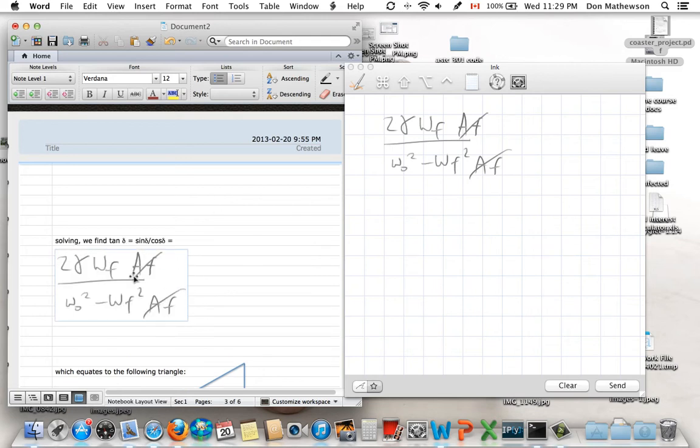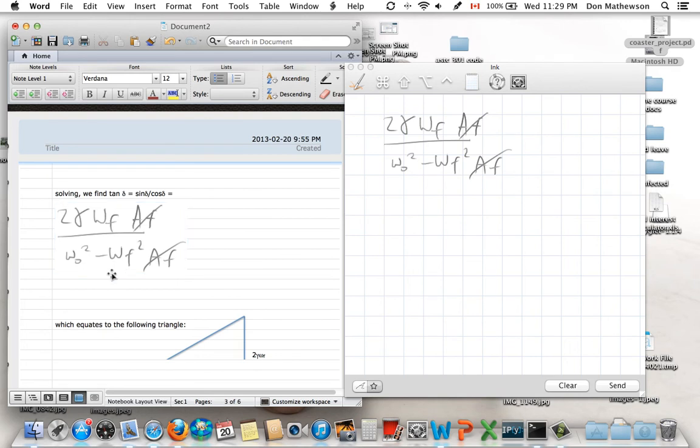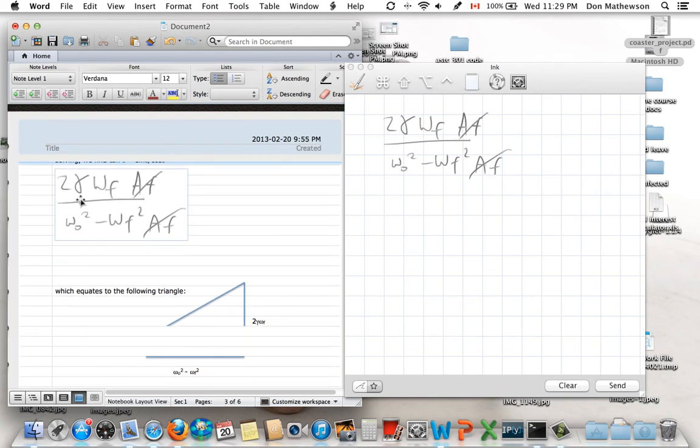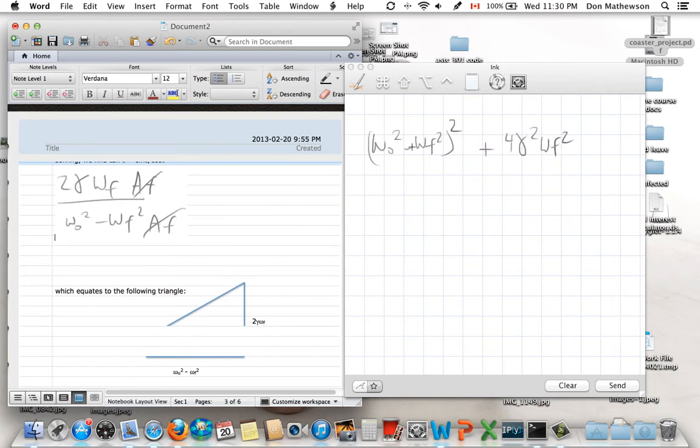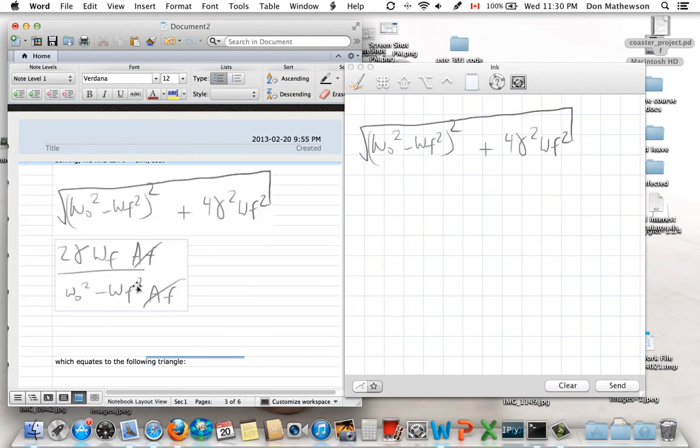Now that boils down to a triangle, because tan is opposite over adjacent, so we can think of this as being twice gamma omega f on the opposite side, and then the adjacent side is omega naught squared minus omega f squared. That means our hypotenuse is, rather unfortunately, going to be the square root of (omega naught squared minus omega f squared) squared, plus the square of this side, which is just 4 gamma squared omega f squared. So yes, that rather lovely